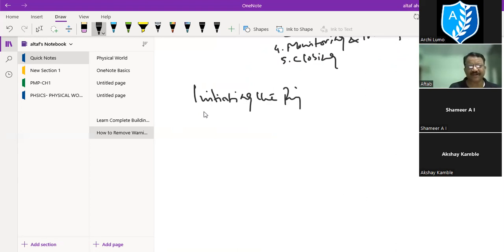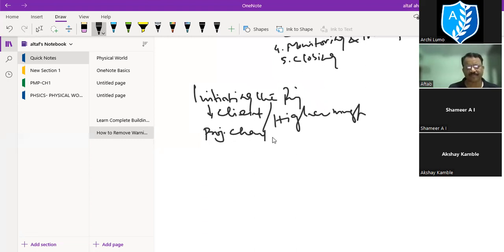in the initiation part of project, we are given by our client or our higher management, whatever is the situation, one document, and that document is called project charter. This is a high level summary, basically. High level summary regarding the project scope, what has to be done,